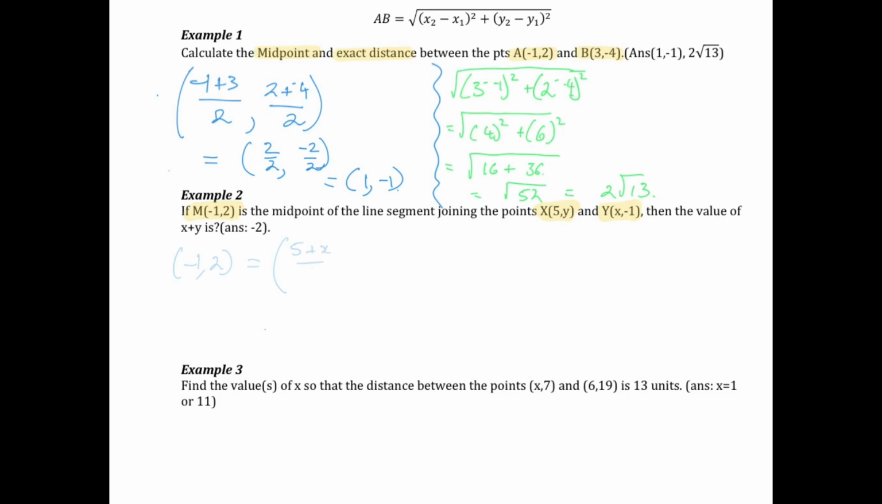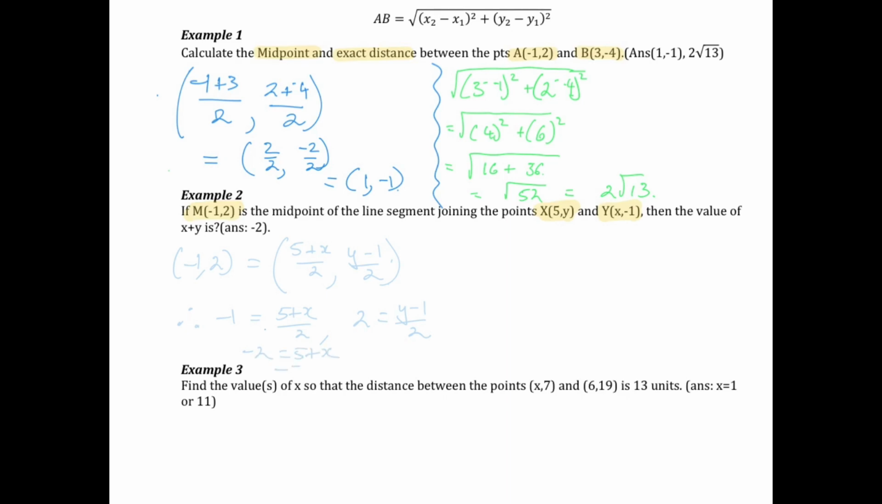So (-1, 2) will equal (5 plus x) on 2, (y minus 1) on 2. So equate the x coefficient and the y coefficient. So looking at the x terms, -1 will equal (5 plus x) on 2, and 2 will equal (y minus 1) on 2. So now let's just solve for x and y respectively, multiply by 2 both sides, and then